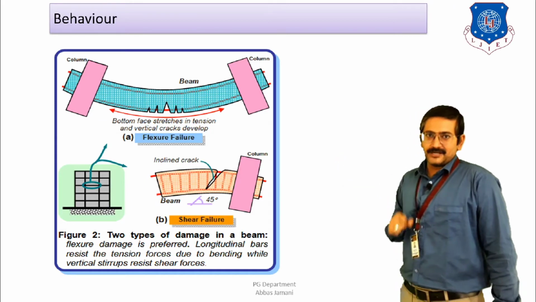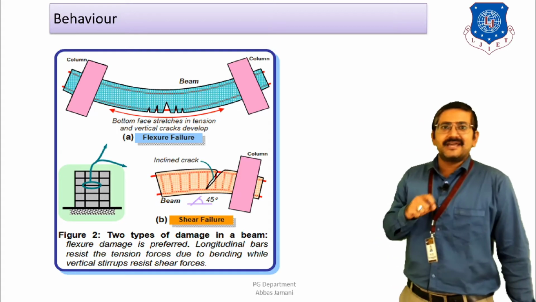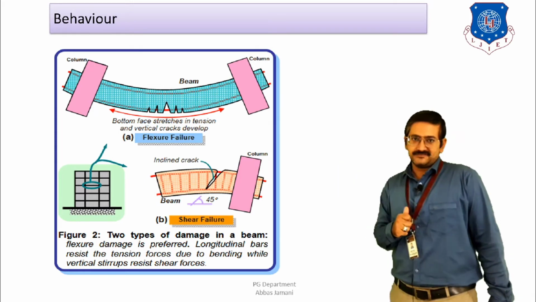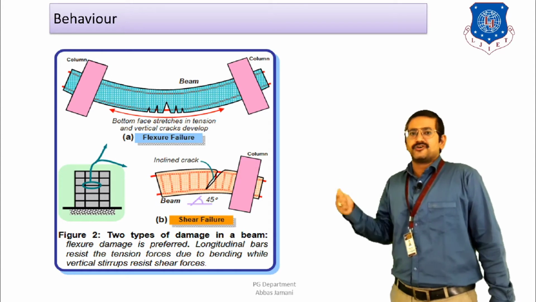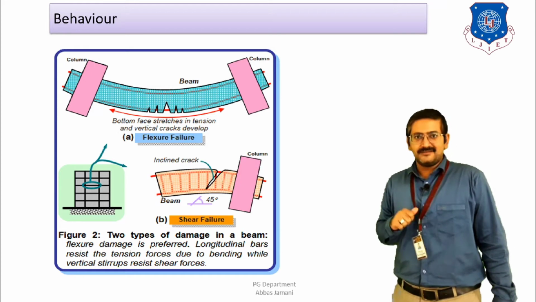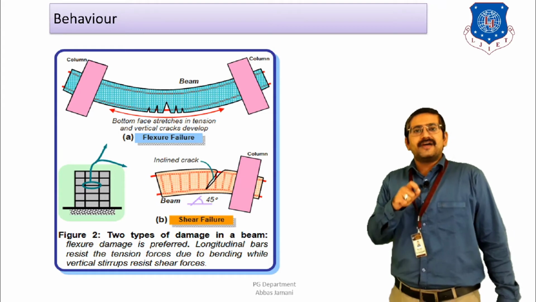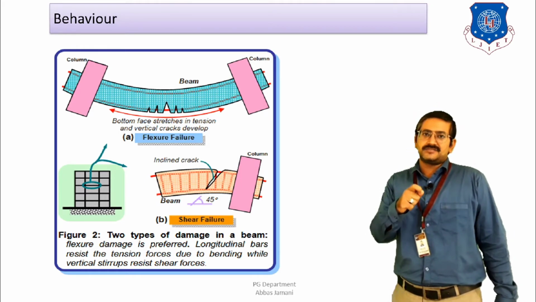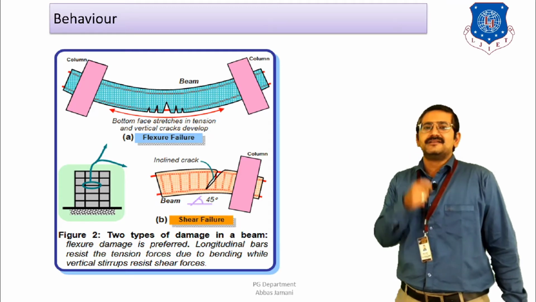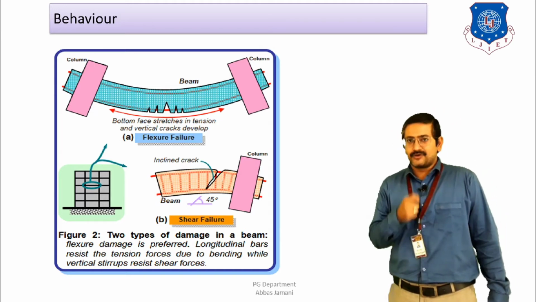But if you want to see exactly this type of failure, there are two criteria. First, if the amount of tension steel is more, then this type of behavior will not be visible. If the amount of compression steel is more, then the type of behavior that you are seeing over here will be visible. Why? The reason is that if the tension reinforcement is provided more, then the concrete is going to crush first as compared to the yielding of the bar under the application of the load. That type of behavior will result in brittle failure of the member and not the ductile failure that we are promoting over here, right?